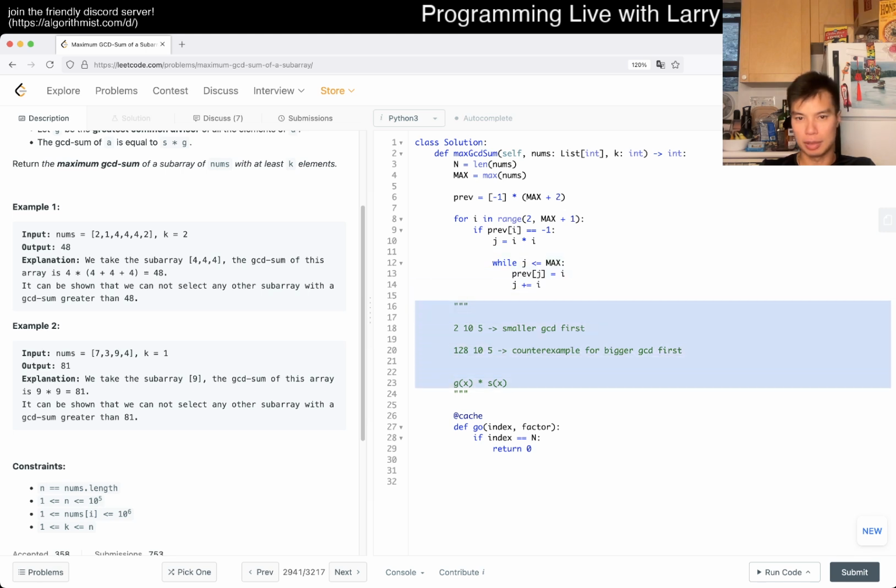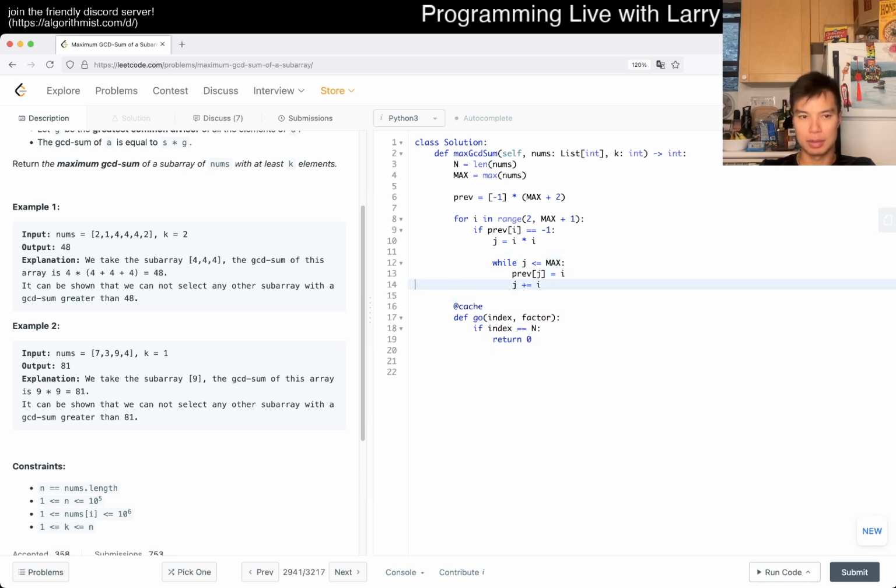Something like this, right? I don't know if you give it to something like this, but it's fine. There's a lot of optimizations you can do. Yeah. And now current is equal to nums sub index, right? So then now